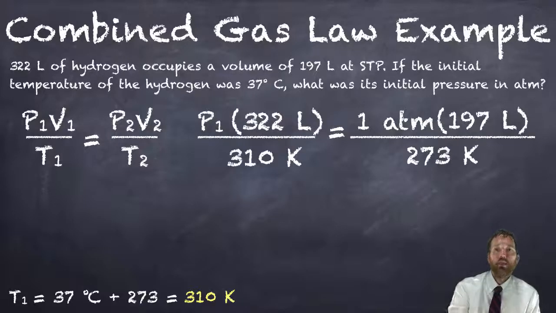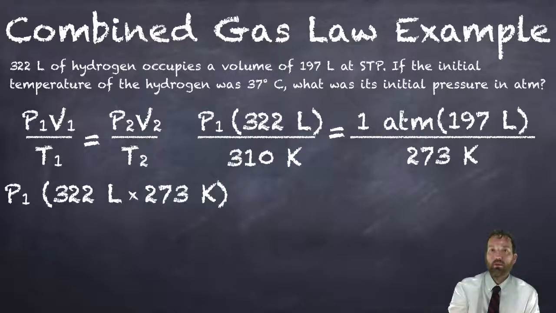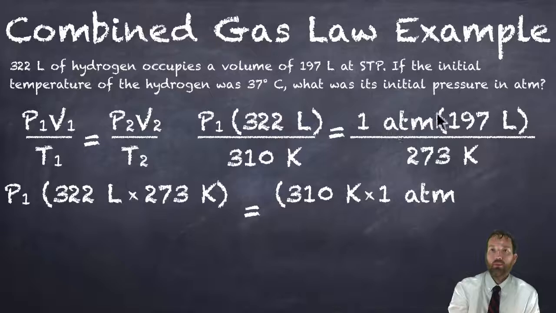Okay, so we've plugged everything in. Now it's time to cross multiply. This can get more complicated with more variables, but it really shouldn't be. If you keep your numbers nice, neat, and organized and use brackets, the math required in this chapter should be no problem. Okay, so let's cross multiply. P1 times 322 liters, and we're going to cross multiply this way, times 273 Kelvin. That will be equal to 310 Kelvin times, we're going to cross multiply this way now, 1 atmosphere times 197